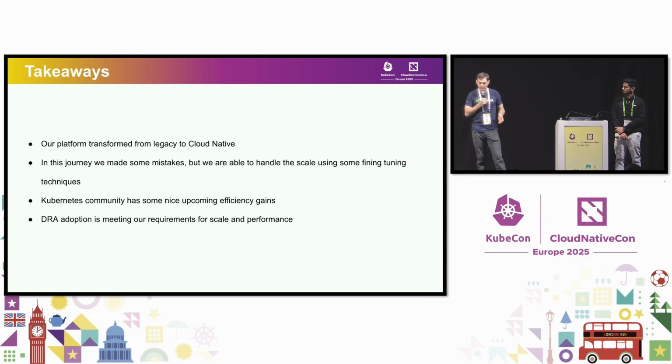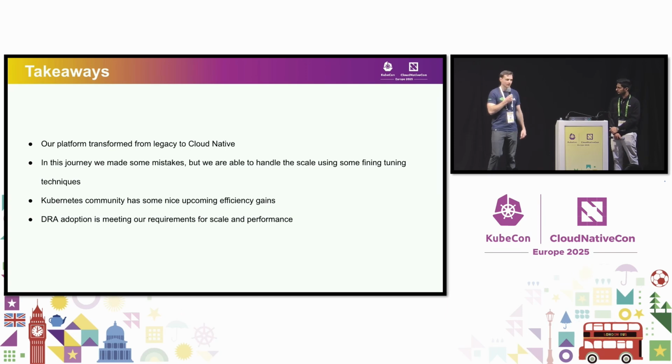And finally, we're really excited about what the Kubernetes community has ahead. They've done some really great work in scale and performance. A lot of the stuff like list streams and a bunch of upcoming stuff in the new Kubernetes releases later this year that we're going to roll out will actually make a lot of these problems go away for us. We probably wouldn't have hit them at all if we had some of the latest tech in Kubernetes. So that's also really exciting.